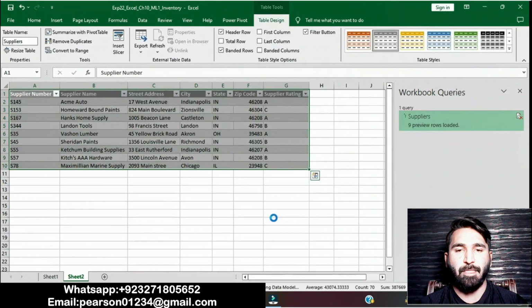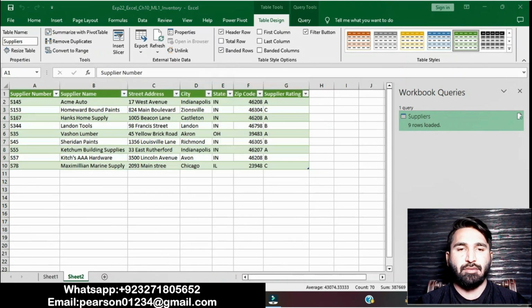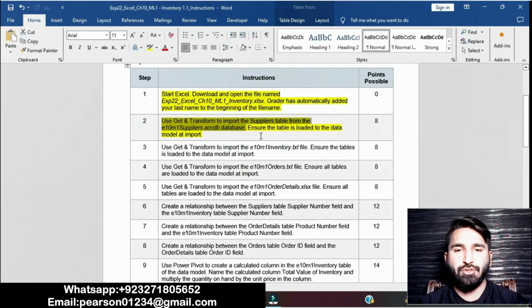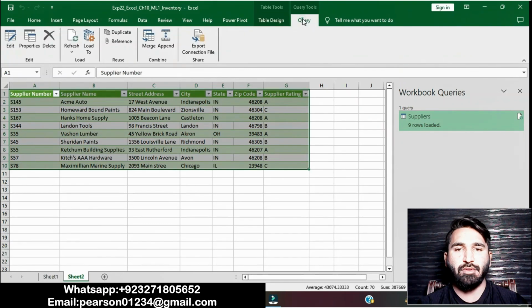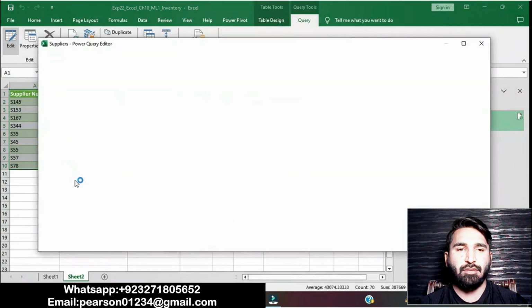It's done. The Supplier table is loaded. Ensure the table is loaded to the data model at import. Go to the query and edit.